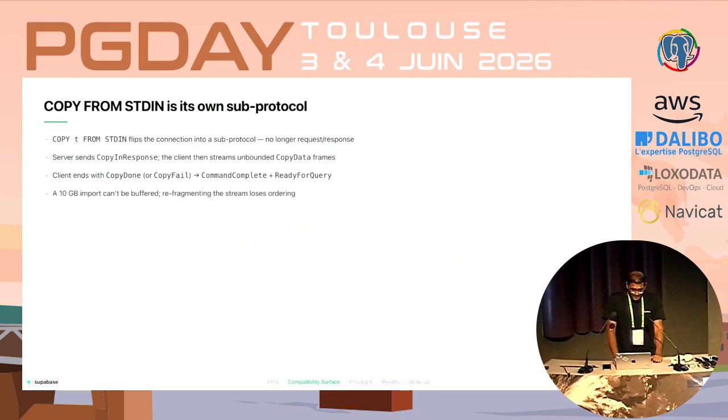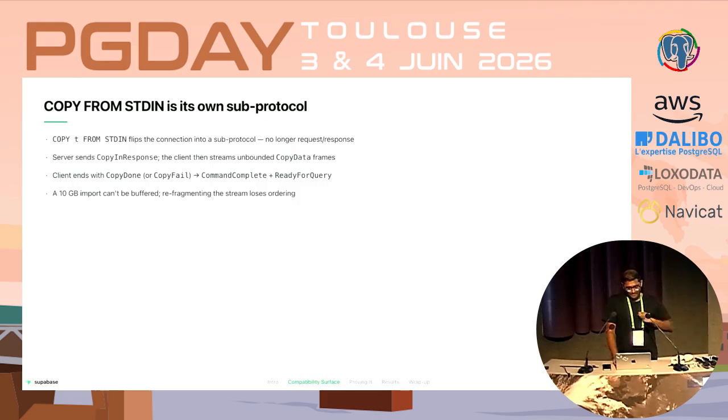Now the next one is the copy protocol. As an example, I have taken COPY FROM STDIN, but COPY TO STDOUT works pretty much in a similar way. I've just taken COPY FROM as an example. So this is the bulk load path, and up to now, everything that we have seen has been a request-response kind of thing. Copy is working in a different way.